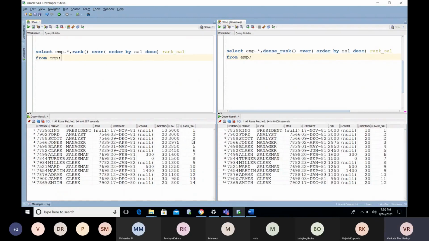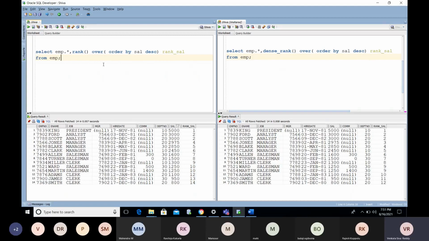To avoid these issues, Oracle introduced the DENSE_RANK function. It helps you provide accurate ranks without missing any. Okay, 1, 2, 2, 3. It hasn't missed anything here. Got it? For that reason, we use the DENSE_RANK function.